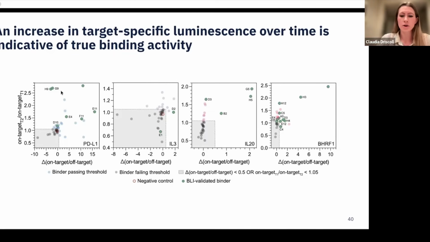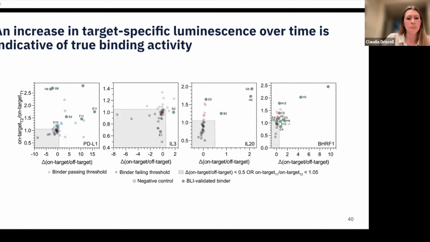Everything colored was taken forward experimentally to be quantified by BLI. Everything shown in green was found to be a true hit. So we are picking up some false positives, but that's a better scenario than losing binders